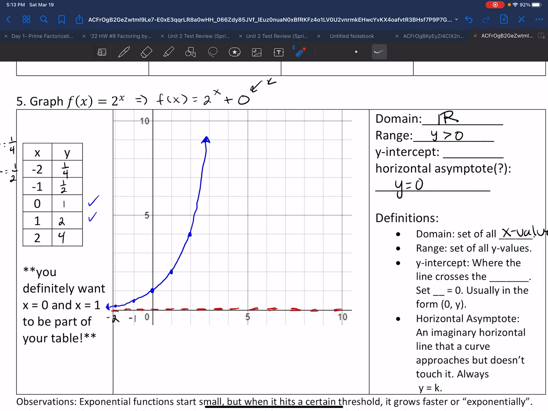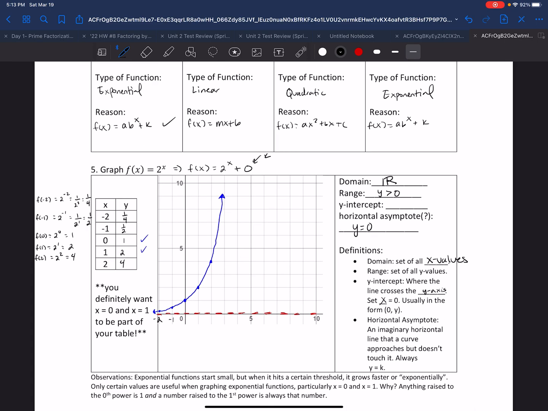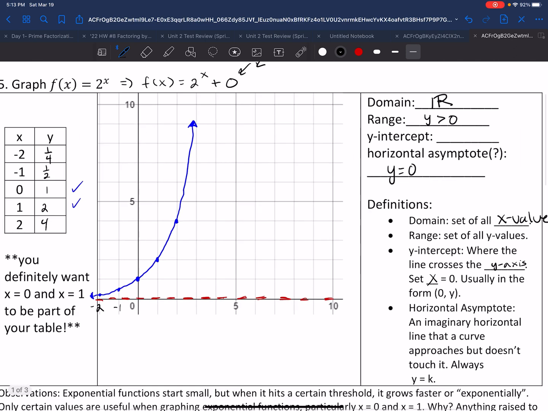Y-intercept. Well, we know what the y-intercept is. We talked about it a lot. Nothing should change in terms of exponential function. It's the same idea. The y-intercept is where the line crosses the y-axis. And all we do is set x equal to 0, but we're not going to do that because we can just take a look at our function,